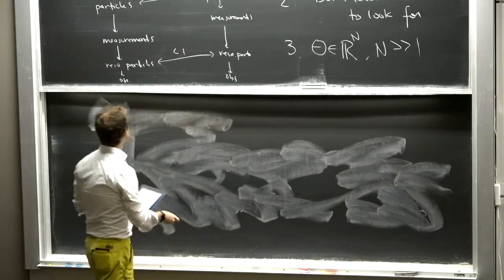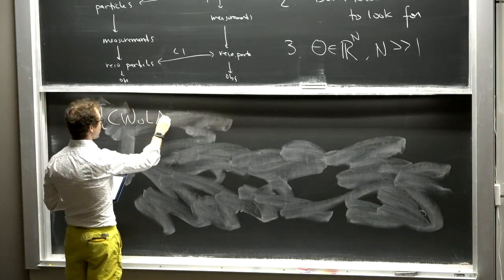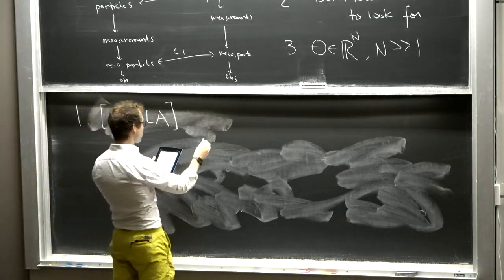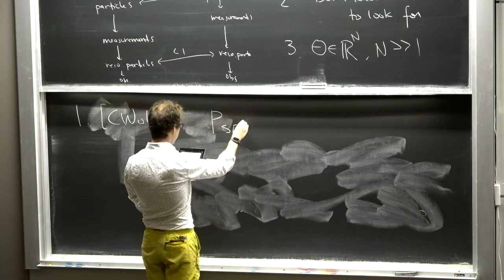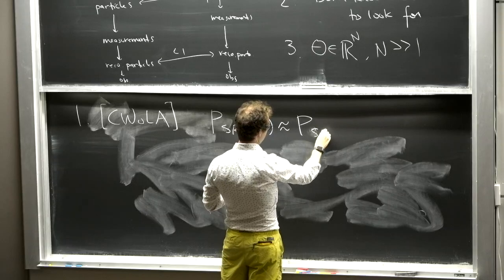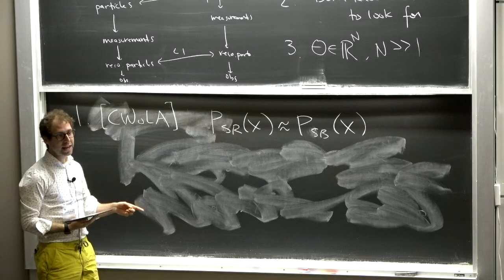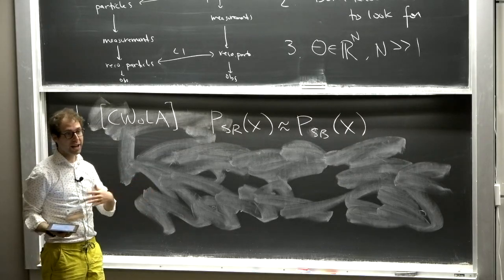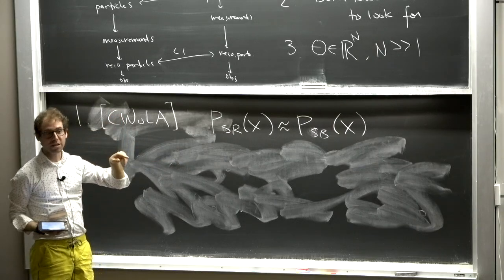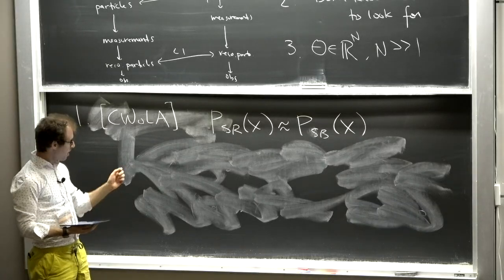OK. So one possibility, and all of these methods have funny names. I will take credit for some of the funny names, but not all of them. So here, one option is to say, well, let's just estimate the distribution in the signal region as the same as the sideband. So if x is independent from m, this is great. If x and m are independent, I just literally take the sideband data and call it my reference. So I could train a classifier to distinguish the data in the signal region from the data in the sideband region. And this works.